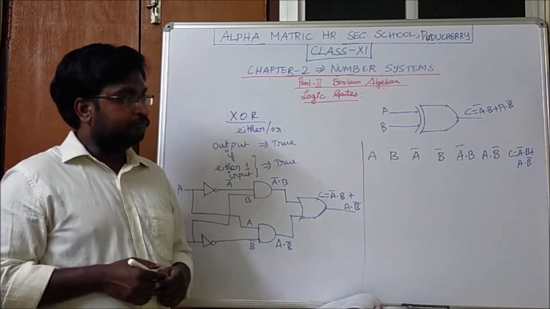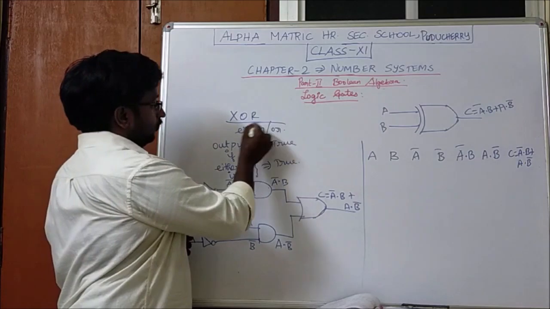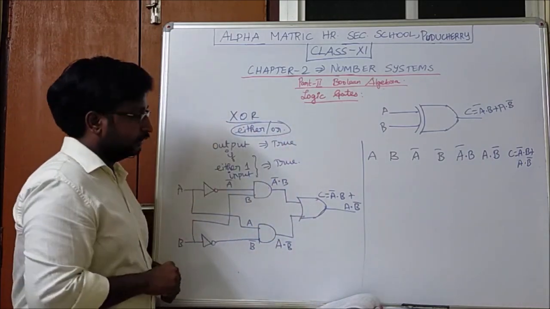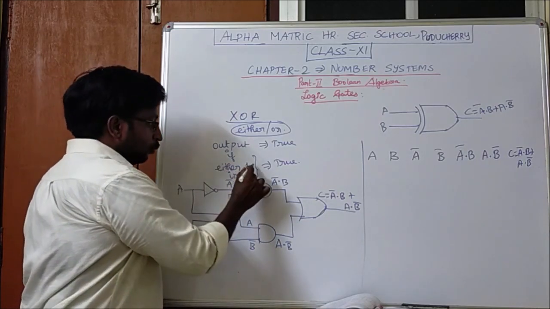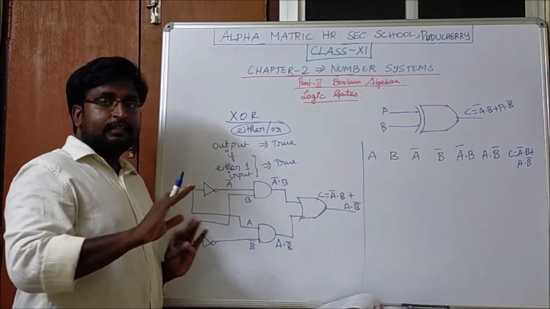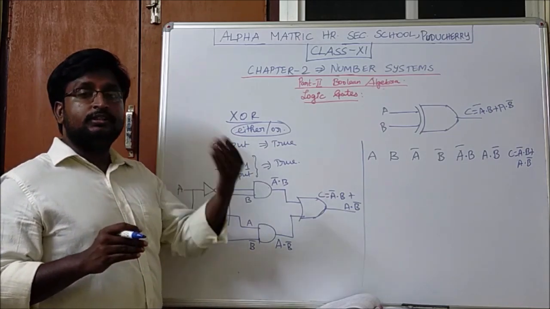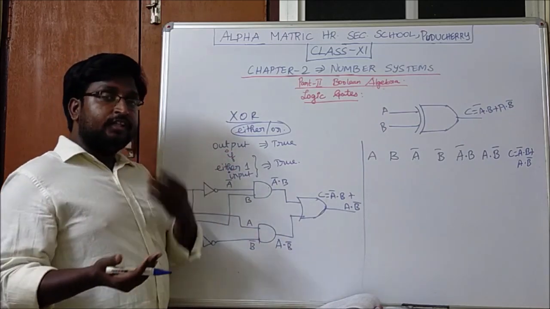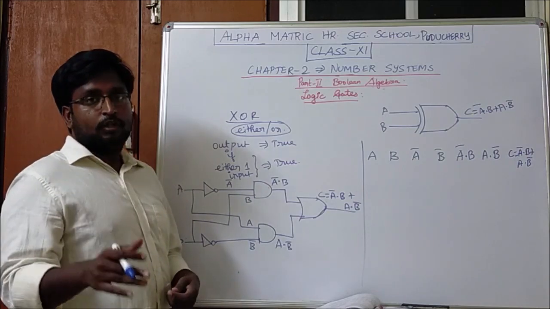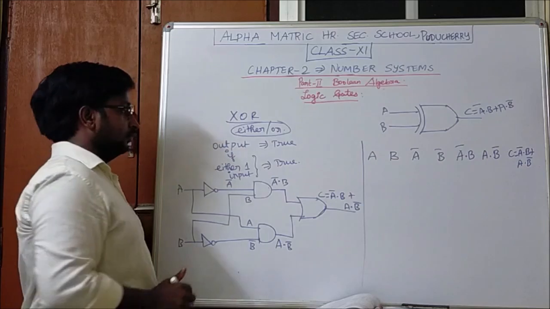it will be very easy. So the gate works as an either-or. It will work only in either-or situation. It means if either one input is true, the result will be true. In the remaining cases, the result will be false. That is, if both are false, the result is false. Even if both the inputs are true, the result will be false. It will only work in either-or situation.